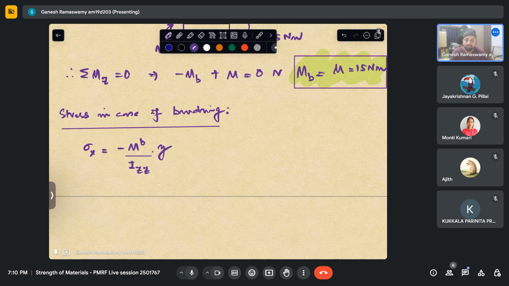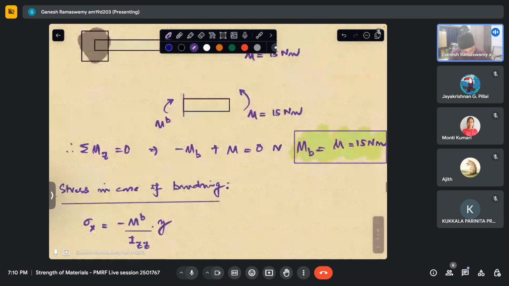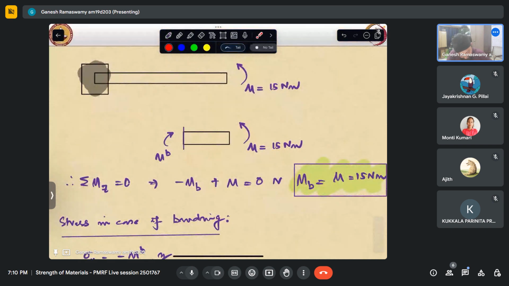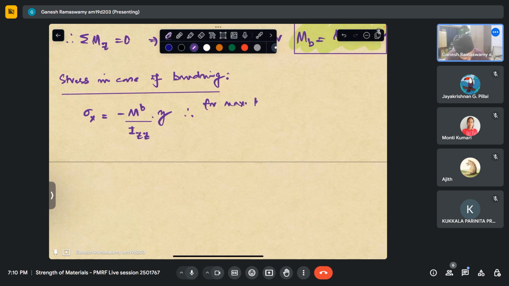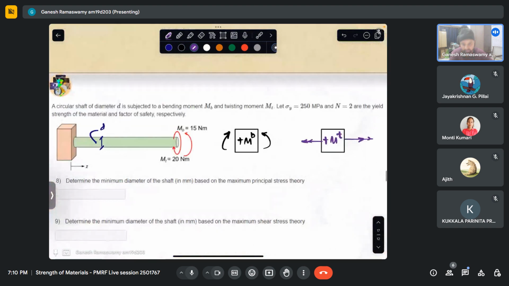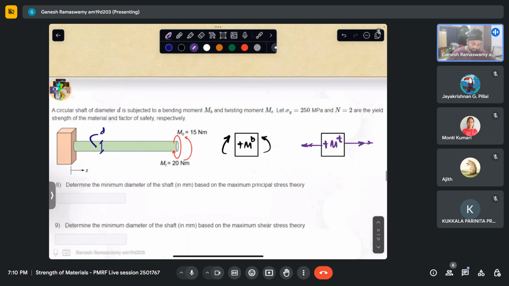Now for this shaft, the bottom portion will be in tension, the top portion will be in compression. So for the maximum stress, so therefore for maximum bending stress, y will actually be equal to d by 2. I am just taking the diameter d divided by 2. So for the circular section, that is the distance of the farthest fiber from the neutral axis. So therefore